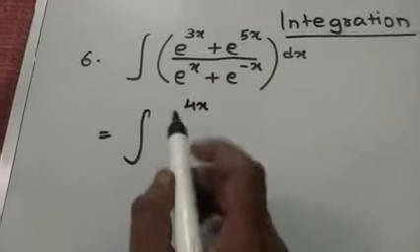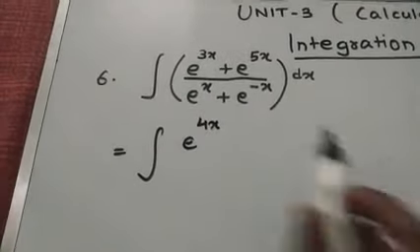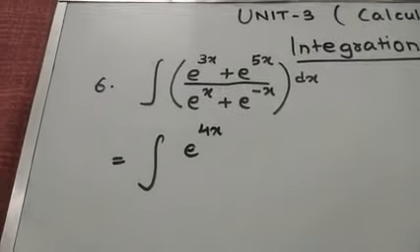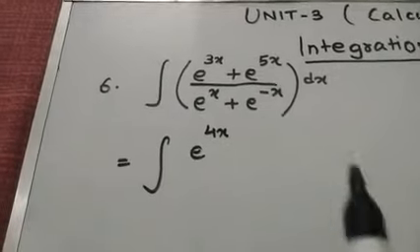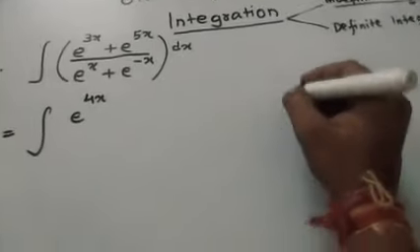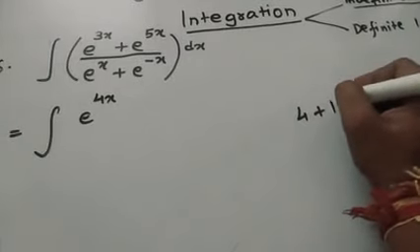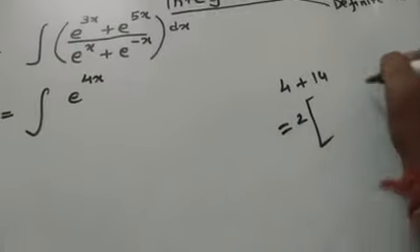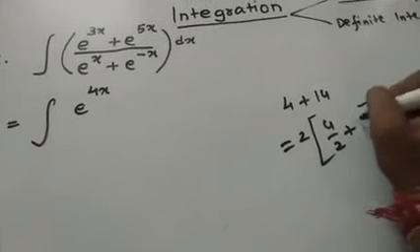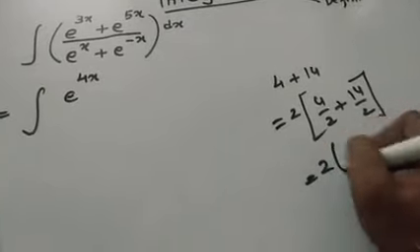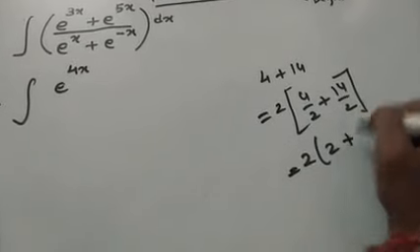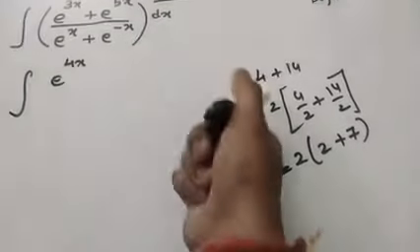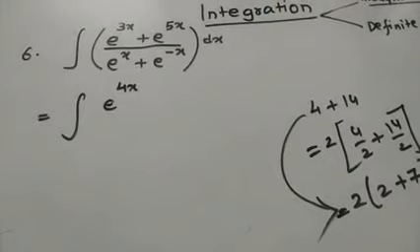Okay, so first of all for this we will take e to the power 4x, that is the average of 3 and 5. Now taking common means dividing each term by that particular factor. This is the meaning of common. Suppose I am saying 4 plus 14, and from here if I take 2 as a common, that means I am dividing each term by 2. That is, if you divide 4 by 2 we will get 2, and 14 by 2 is 7. So see, taking common means dividing by that term. Clear?